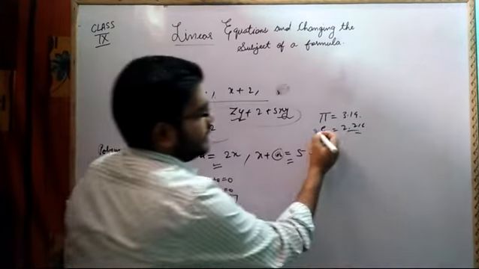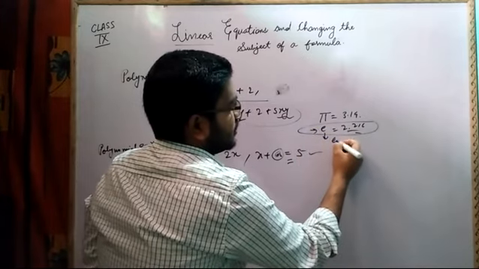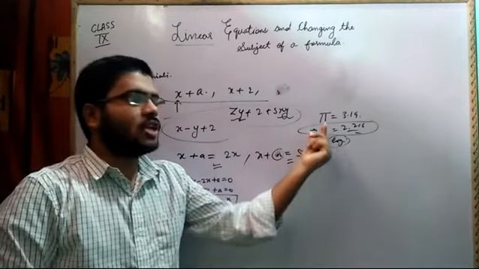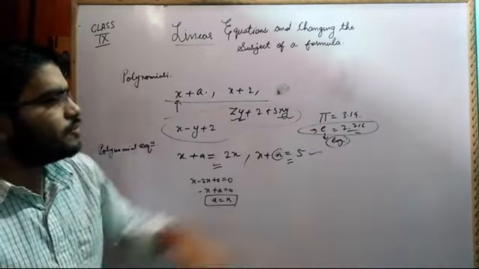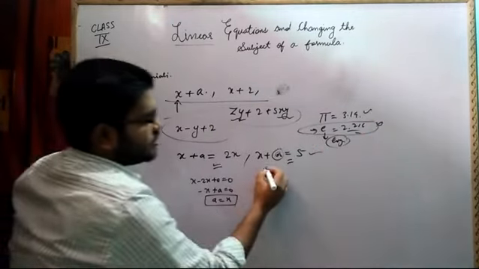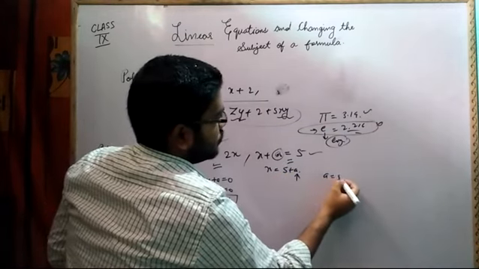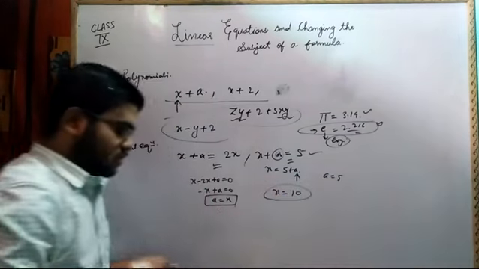We are not supposed to study this here. It is exponential, and in the logarithm chapter we will be studying it. It is called the natural log, so don't worry about this e. Just pay attention to the constant. If a is a constant, then x will be equal to 5 plus a. If I say a is equal to 5, for example, then x will be equal to 10. Again we got the solution.